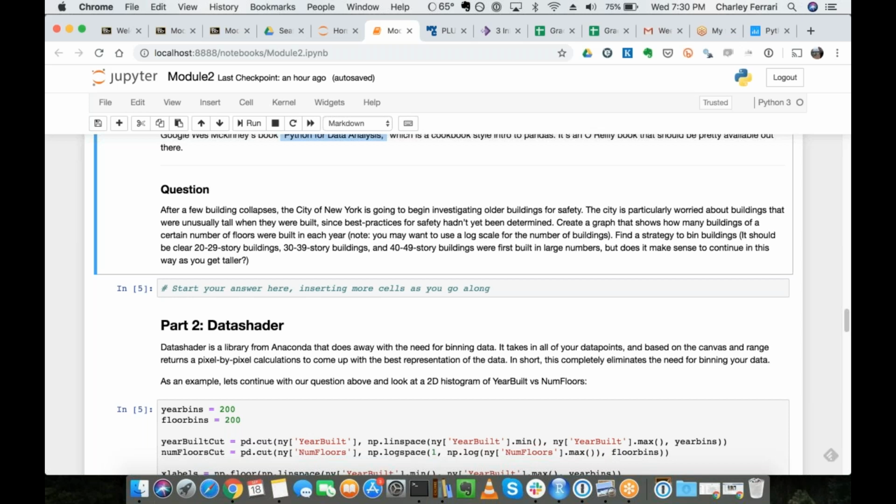You could glean this from the setup, where you're looking at older buildings and trying to investigate these older buildings for safety. And if you think about the first time a 12-story building was built,